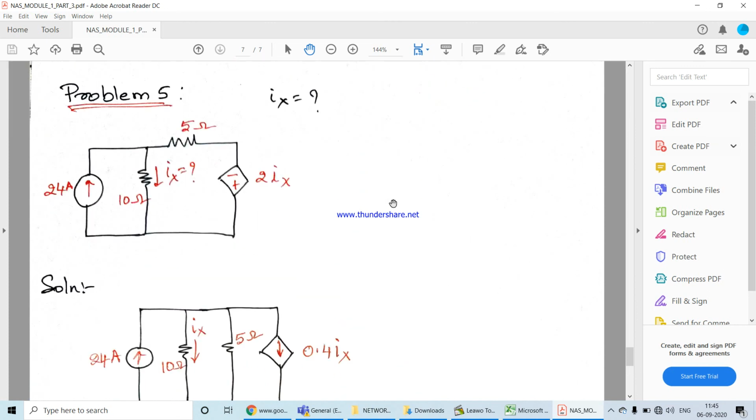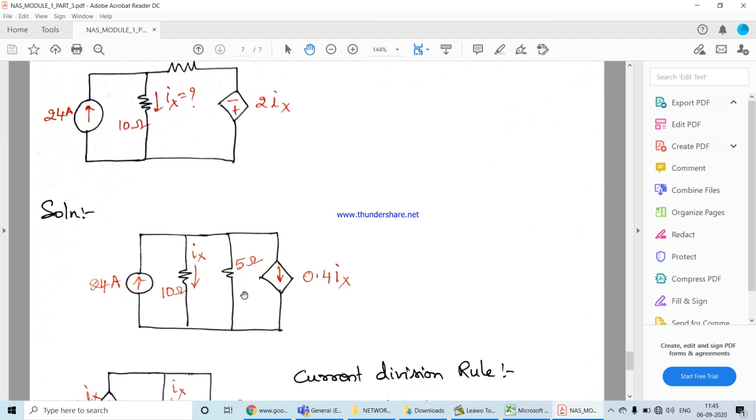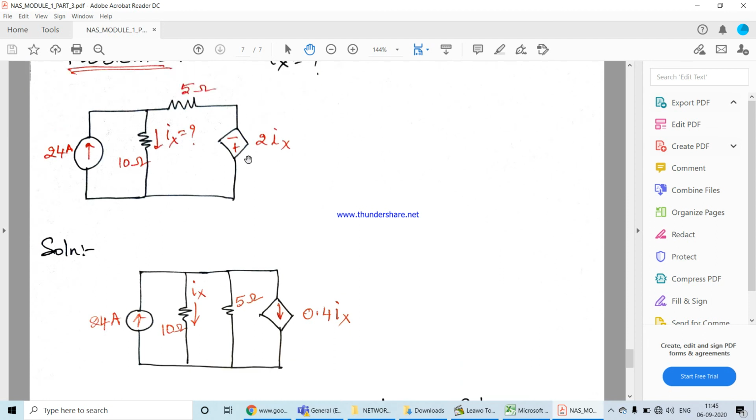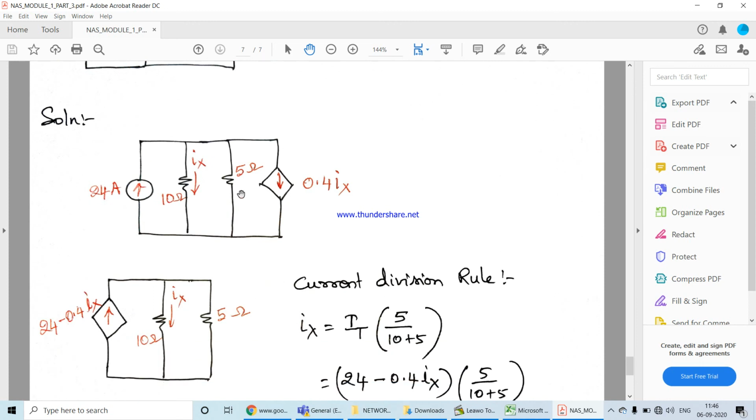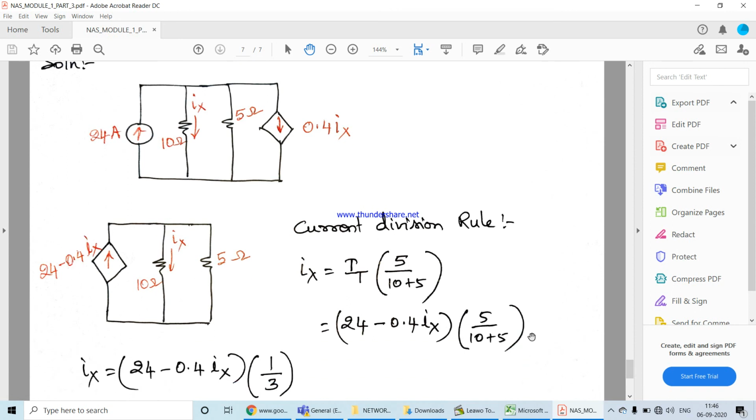Solution. Okay, again recall problem 5. This is the circuit which is given and they have asked you to find out what Ix is here. So we have a series combination that is converted into parallel, because once you convert it into parallel it becomes very simple, since we have a current source here; when you convert, the two current sources can be added or subtracted. So we got this, then we subtracted both, 24 minus 0.4 Ix, and we kept this branch as it is. Finally we came to know that the total current is getting divided into two different branches. Therefore I am applying the current division rule here.